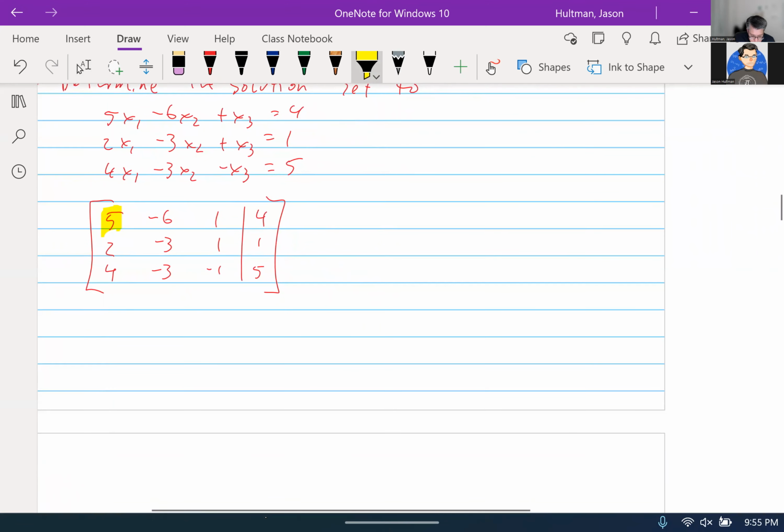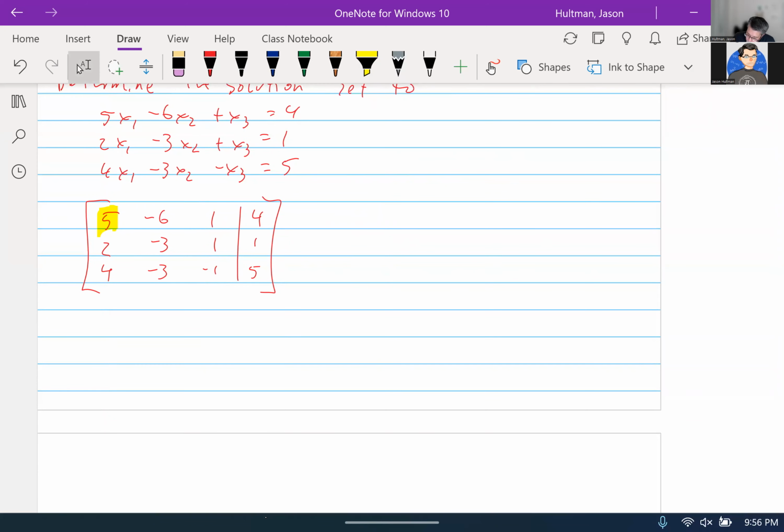Okay. So I'm going to go, row 2, replacing row 1, and I'm multiplying row 2 by -2, and that should get me that desired 1 there. Okay, so